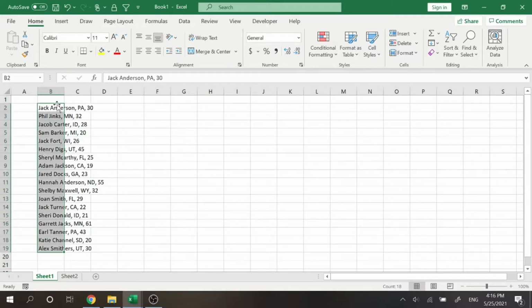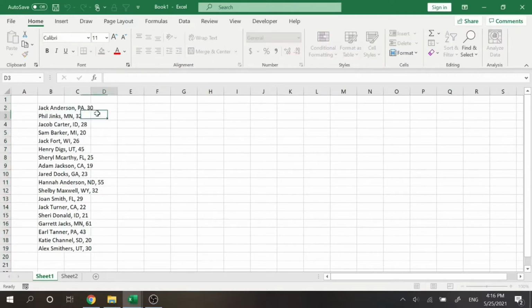Right here we have a list of names, the state, let's say where they're living from, and their age, all in one cell. What we want to do is divide those into three different columns. So we want names here, we want the state where they live, and the age here. And instead of copying and pasting into each column,